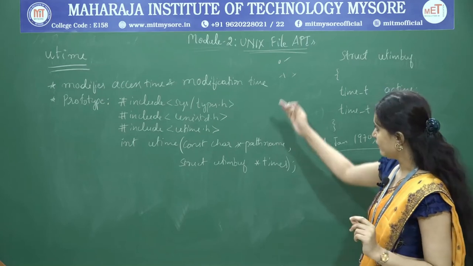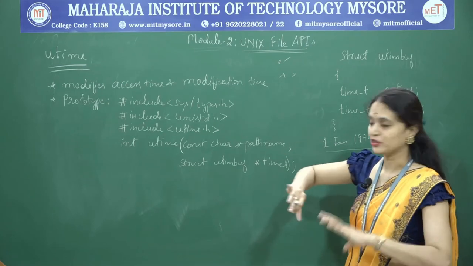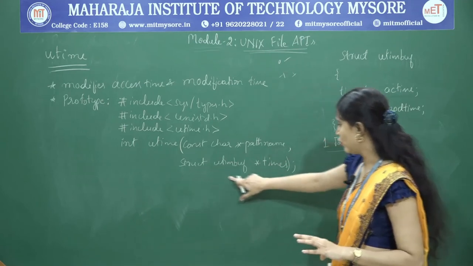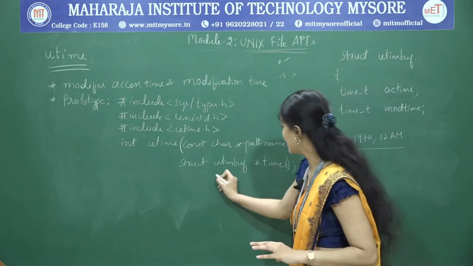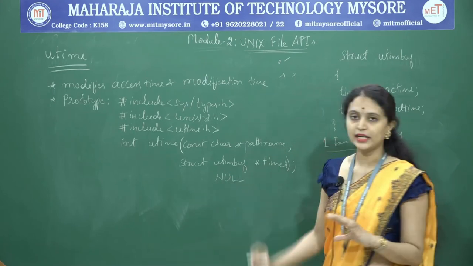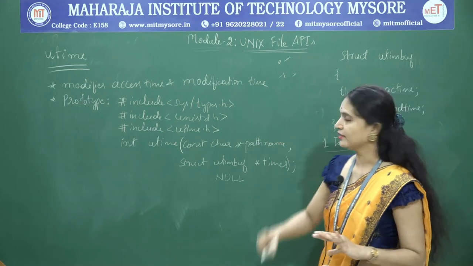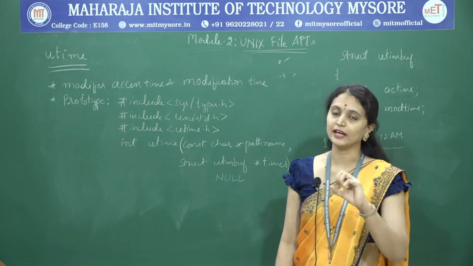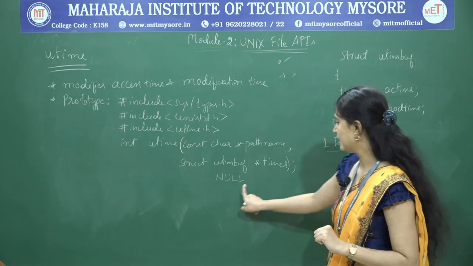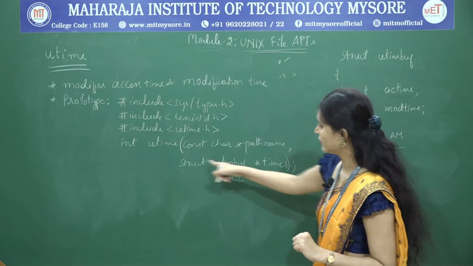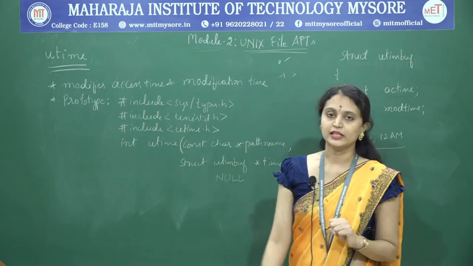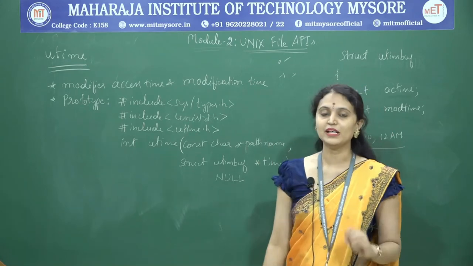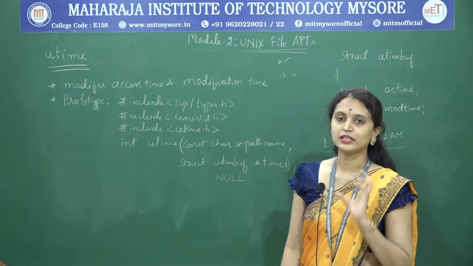Okay. So, in the given program, if I am making use of the function utime, and for the second argument I am passing null, in that case the access time and the modification time will be set to the system's current time. If I am passing null as the second argument when calling this utime function, what will happen? The modification time and the access time will be set to the system's current time.